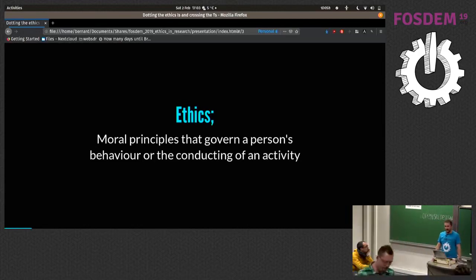Okay, what are ethics? This is the definition I found. This isn't my words: a moral principle that governs a person's behavior or the conducting of an activity. So in this case, the activity is user research, and I'm going to talk about a few things that you should really think about and try to put in place when you're doing user research.